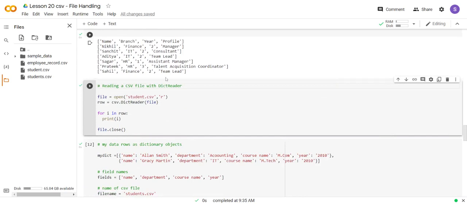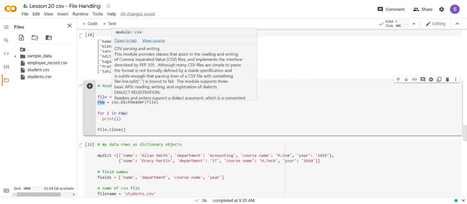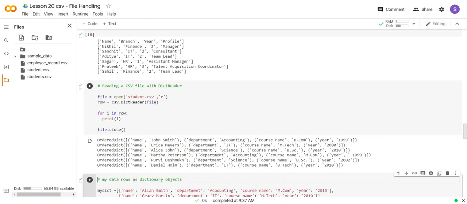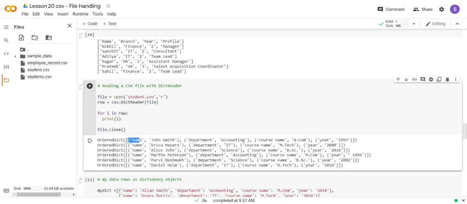This is the same CSV text file, but now we have created a reader object, and what the reader object is doing, it's converting all the data into a dictionary format. That means in key and value pairs. And we are doing the same thing here. We are running through the loop to read and to get the output in dictionary format, and then we close the file. If we run this, we got tuples here, the list of tuples,